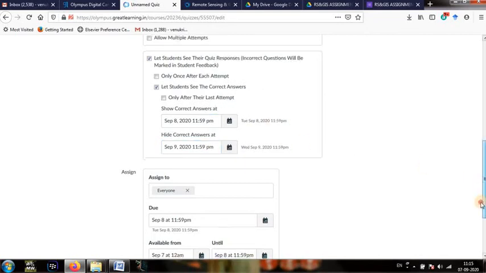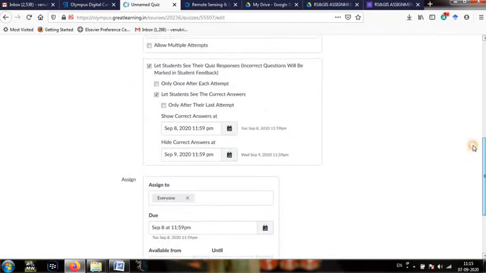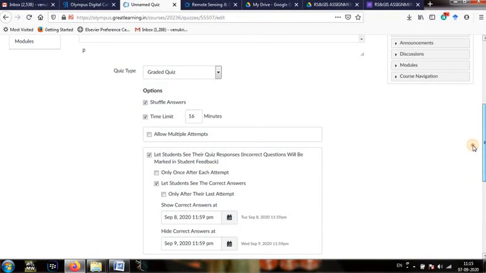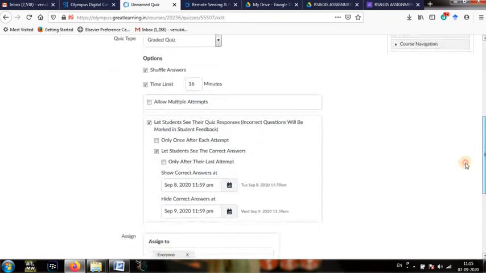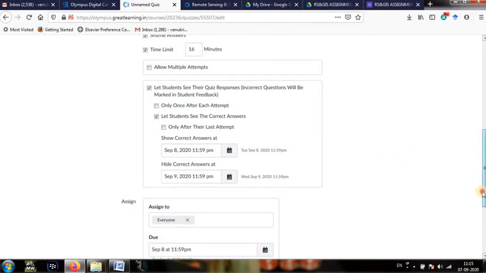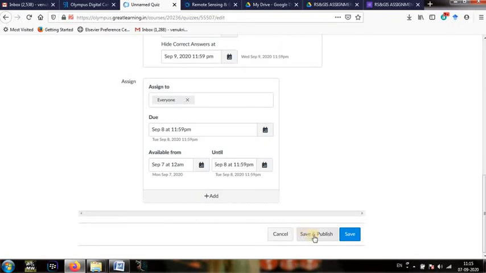but so this is how to produce a quiz. Okay, and finally we need to save and publish, right? Save by clicking save, and by clicking on save and publish, it will directly show in students dashboard from right now. Okay, as available from is given already, the time is going on. If you click on publish, it will directly show in the students dashboard.